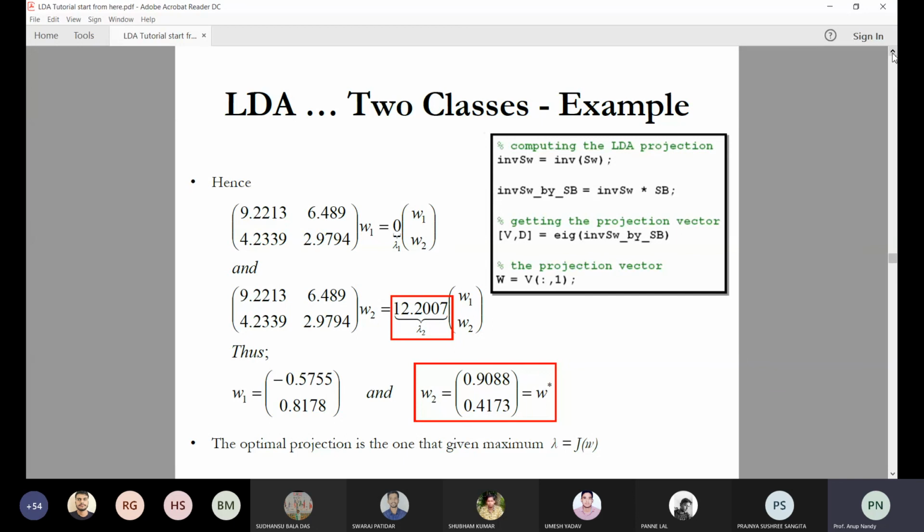An eigenvector means it is a direction. A vector means you have a direction with some magnitude value. How do you define a vector? A vector has a direction with some magnitude value. The magnitude value is the eigenvalue, and this is a vector. It has some direction in the X and Y directions. Okay.